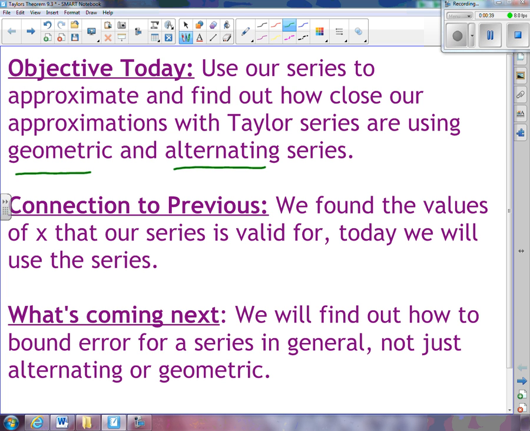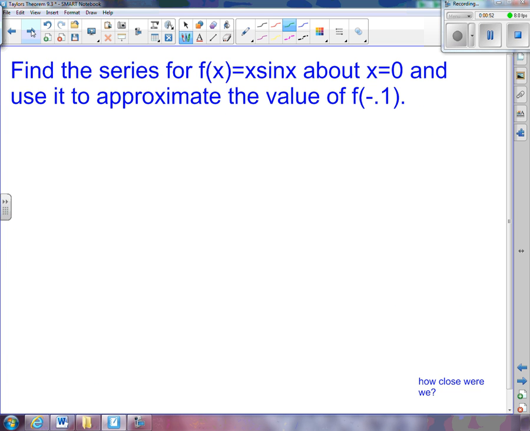So what's coming next? We're going to find out how to find an error bound for a series in general, not just the easy way. We're still doing alternating and geometric. Can we start every lesson with these? Yeah, I agree. Okay. So let's find the series for x times sine of x at x equals 0, and